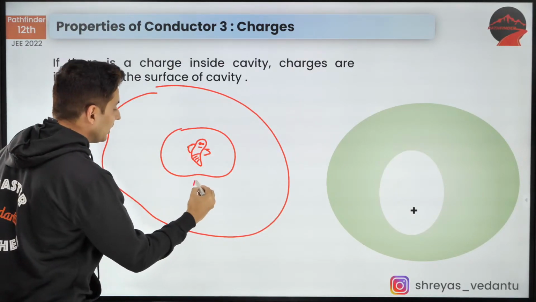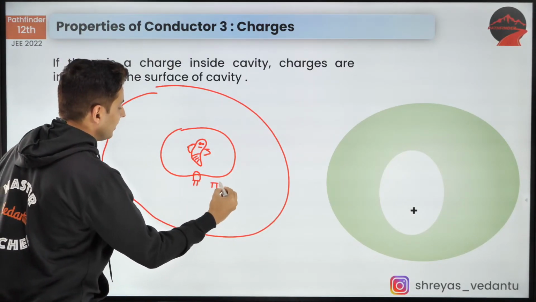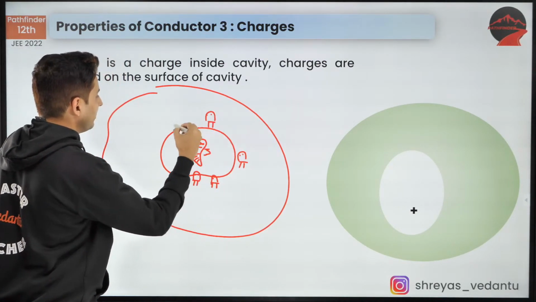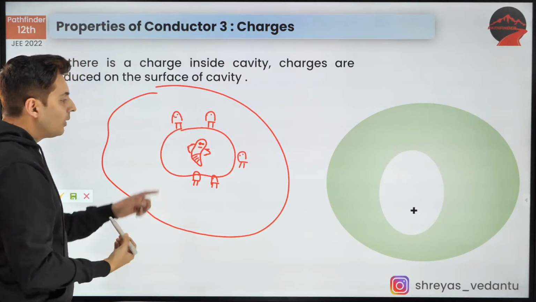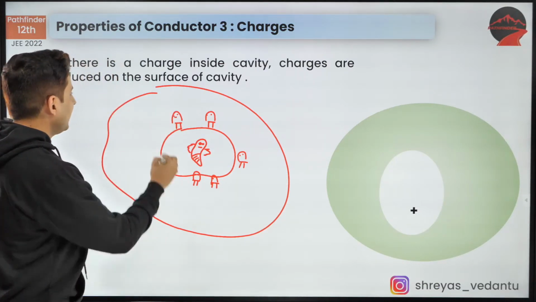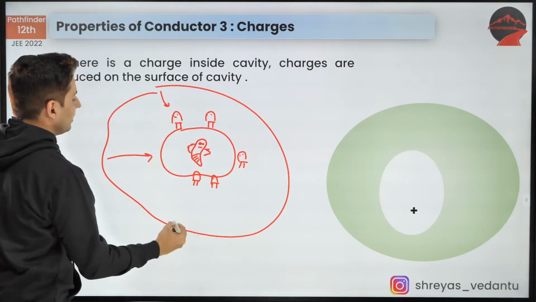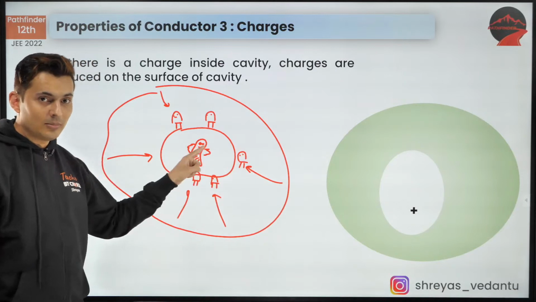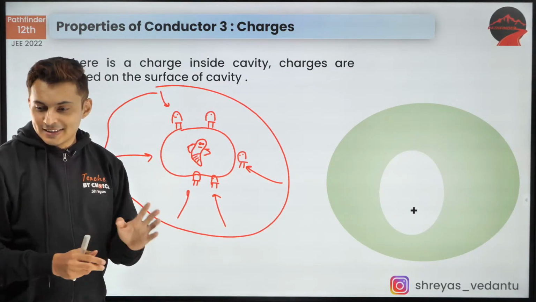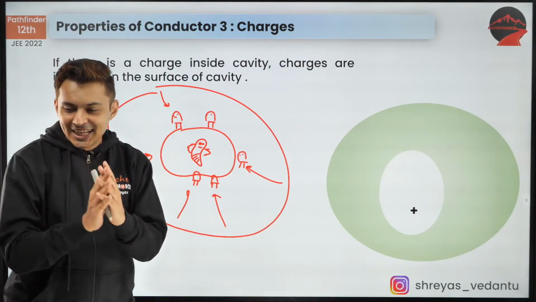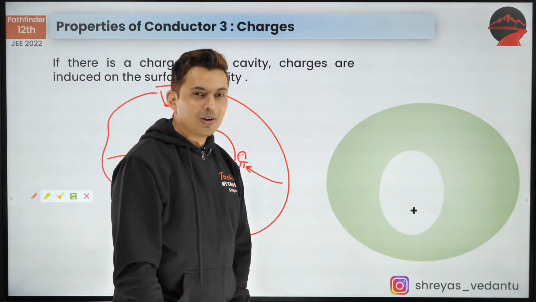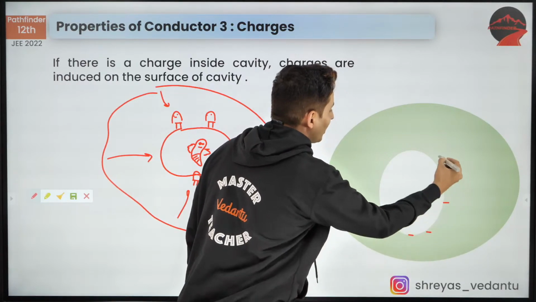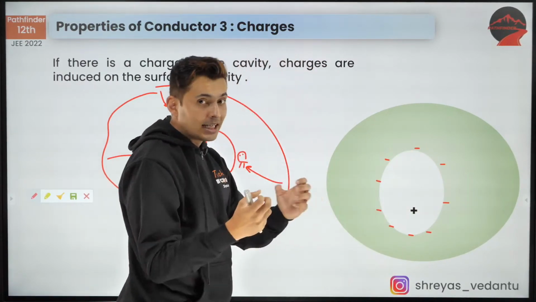What will happen? All the pandus will gather to see the mermaid, correct? So all the pandus are going to gather. Oh my God, such a beautiful mermaid. So they are all going to gather here. Now, where will these pandus come from? They would have ditched somebody and they would have come to see the mermaid. I hope this is clear, guys. So they would have ditched somebody to come and see the mermaid in that pond. Is that clear? Yes. So guys, the same thing happens. When there is a positive charge, what will happen is these negative charges will gather here. They'll be like, oh, positive charge is calling us. They'll get attracted by it.